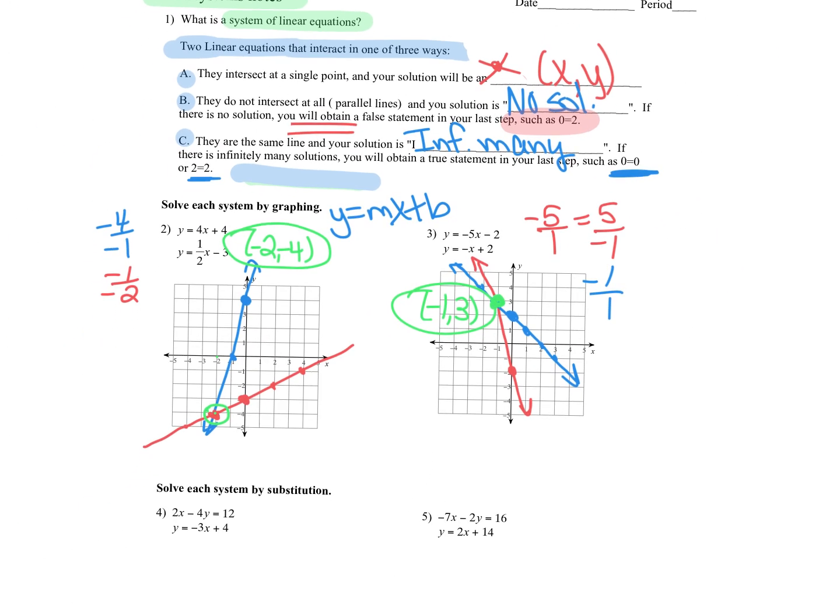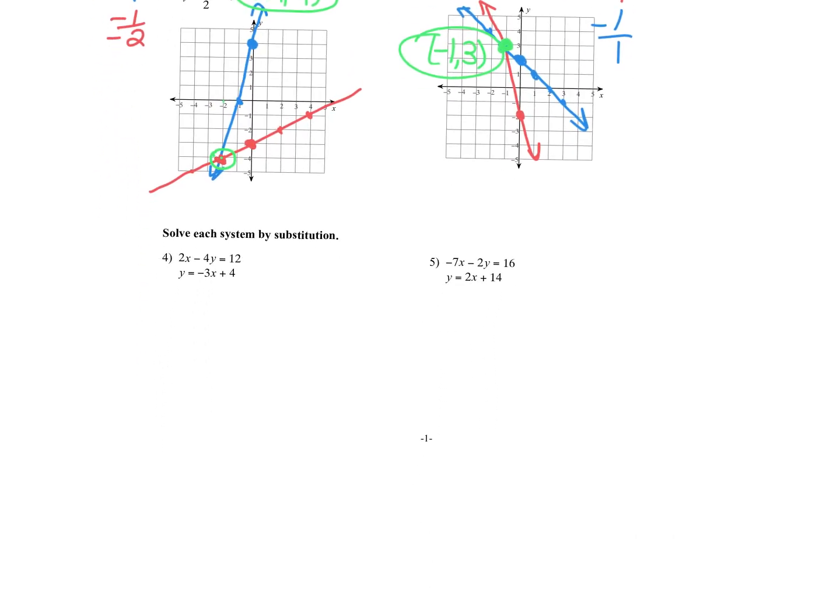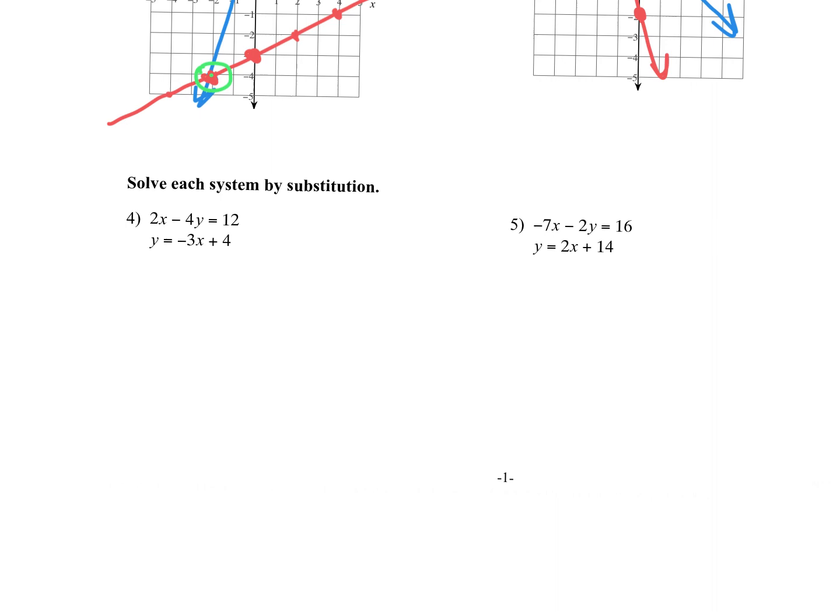So when we're graphing, we can just look, and for the purpose of what we're going to do today, all of our ordered pairs on the graphs should be on the coordinate plane that you are given, and they should be nice, neat ordered pairs, so there shouldn't be any fractions or decimals. The second way that we are going to talk about how to solve is by